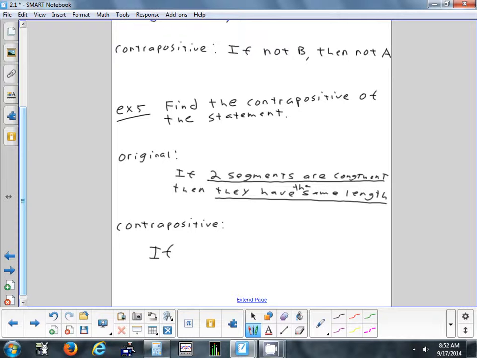If two segments, so make sure we specify our subject. If two segments do not have the same length,